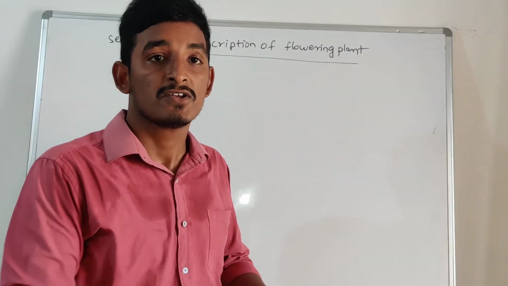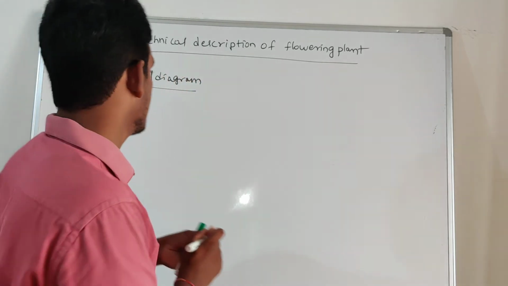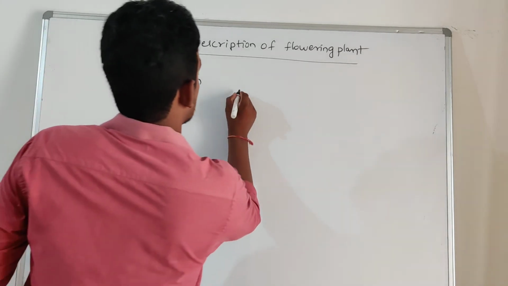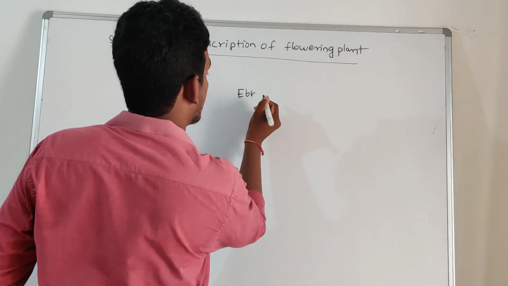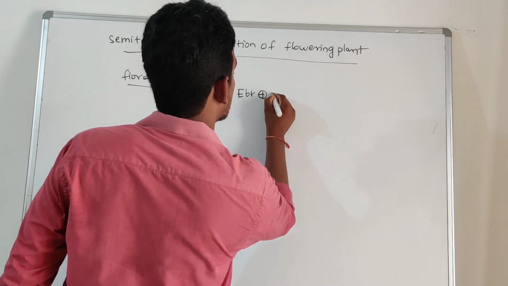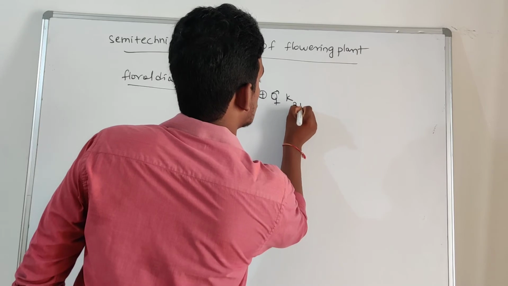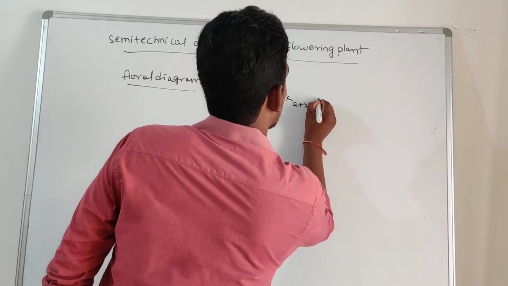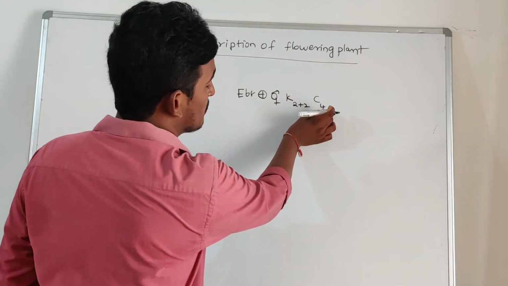So what about the floral diagram? Before going to discuss the floral diagram, first I will write a floral formula related to the Brassicaceae family or mustard family. So see, here the floral formula related to the Brassicaceae is ebracteate, actinomorphic, bisexual, a calyx in a 2+2 arrangement, 2 inside, 2 outside, a corolla, those are 4 in number, those are not united, so no need to put brackets.